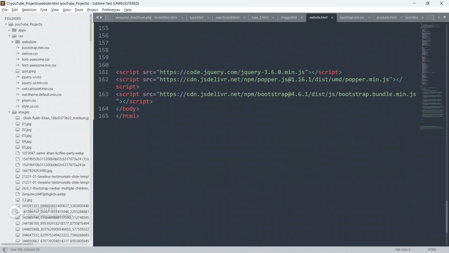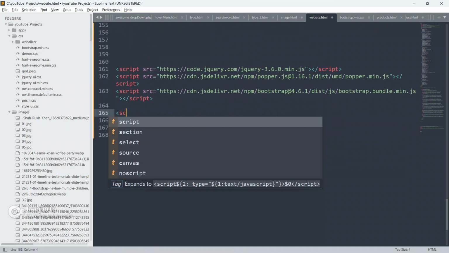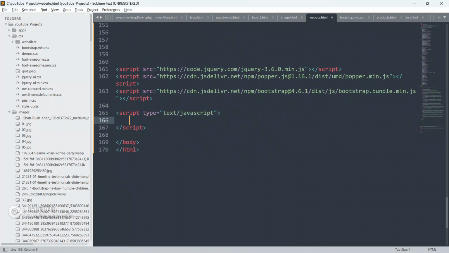Now let's go to the code editor and create a JavaScript file. Below this, create a script tag. Now guys, please focus on the video. If you miss anything, you will be confused about what I did here, and you won't be able to understand thoroughly.